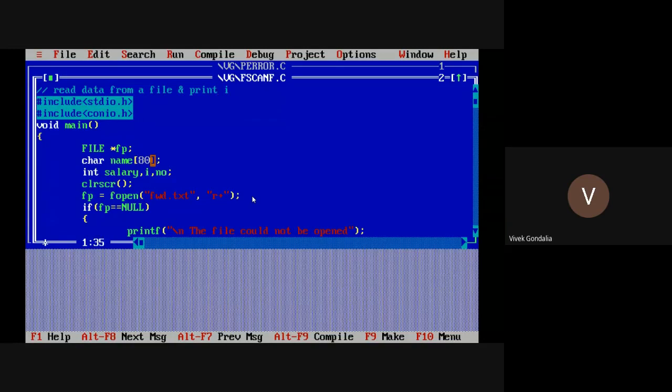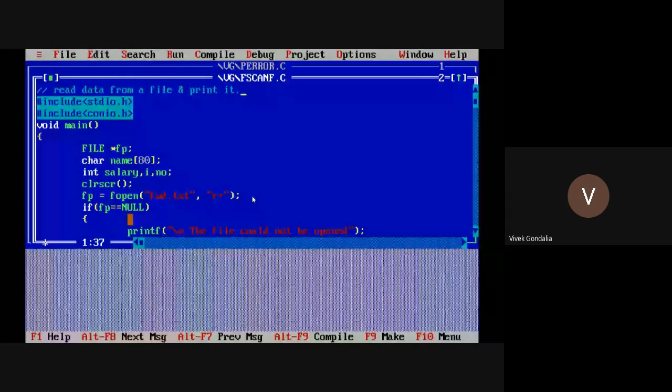Now my task is that one text file is already there in my PC, and in that some data is there, and that data I want to read out. Clear? So this is my task. For that, what do I have to do? Let me check the data.